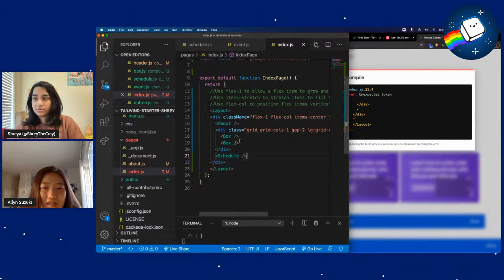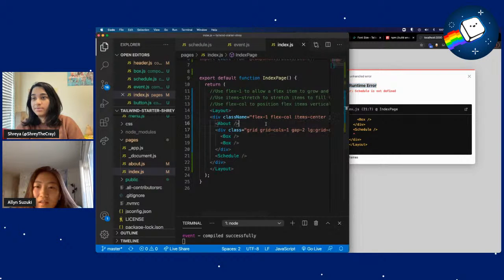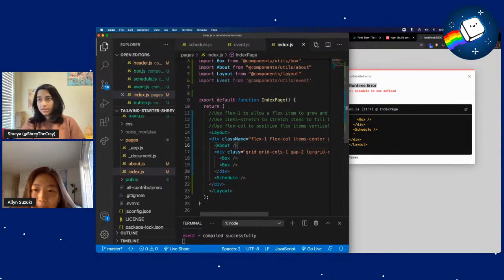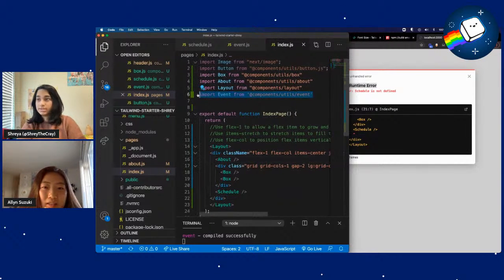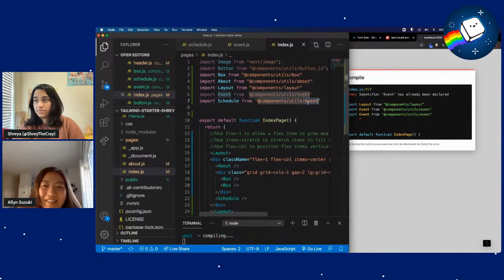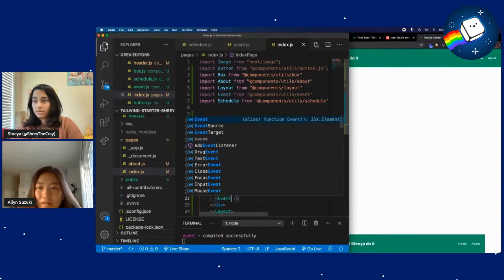Schedule. Okay, there was a problem. Why do you think there's a problem right now? Schedule isn't defined. Did we import schedule to the page? We didn't. Okay, so we could have just called event. Yeah. Do you want to try calling event, or do you want to try putting it somewhere first? Event? Okay. Yeah, let's just